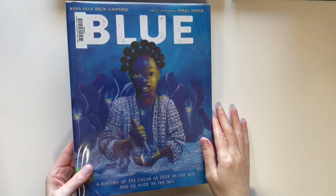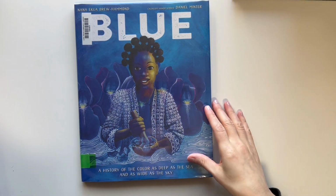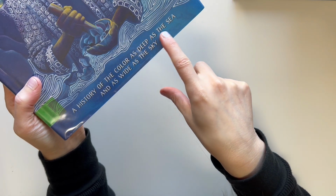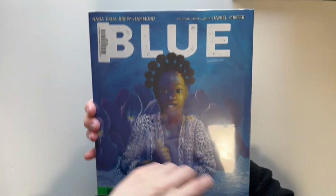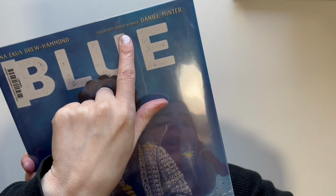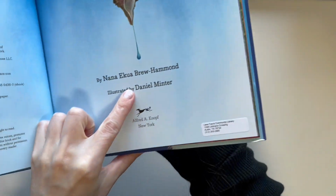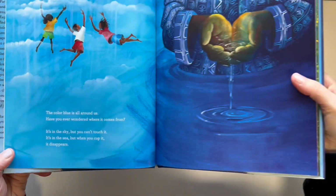And then this is Blue. This one's nonfiction. This book is awesome. I think it's pretty new. It's a history of the color, as deep as the sea and as wide as the sky. Here's the author, and I don't know if that's the illustrator. Yeah, author and illustrator. So it's basically a history of the color blue,